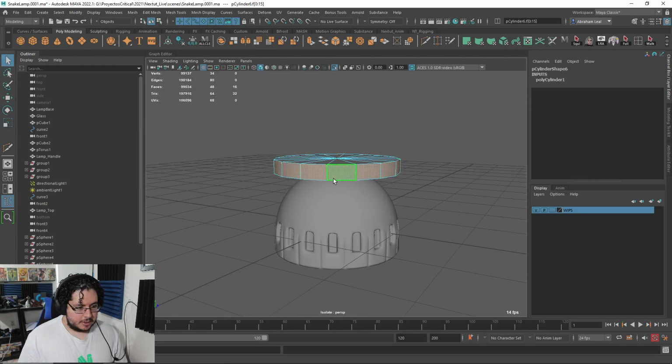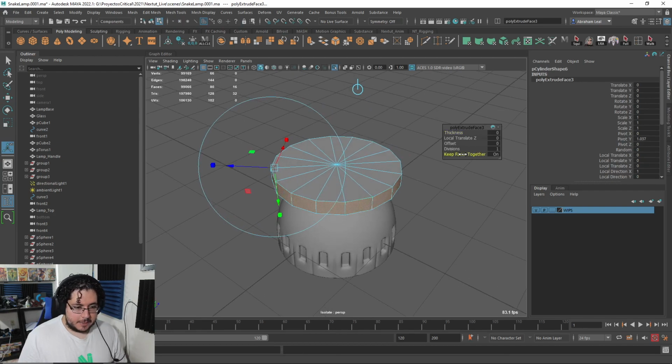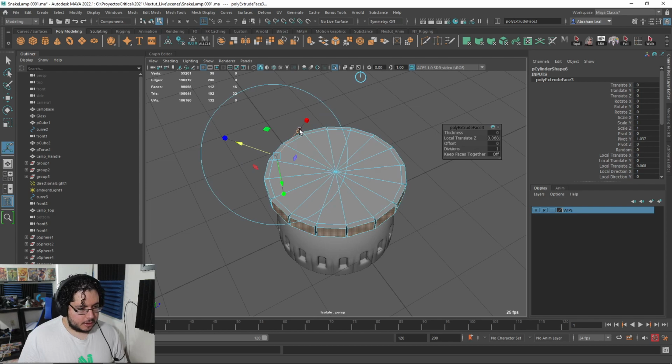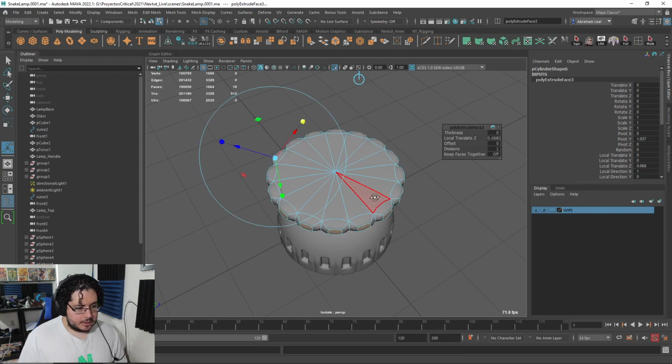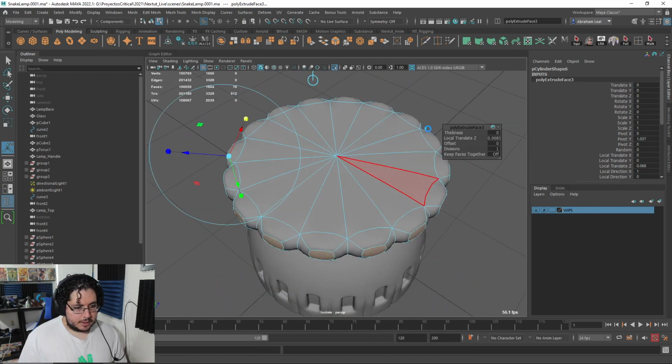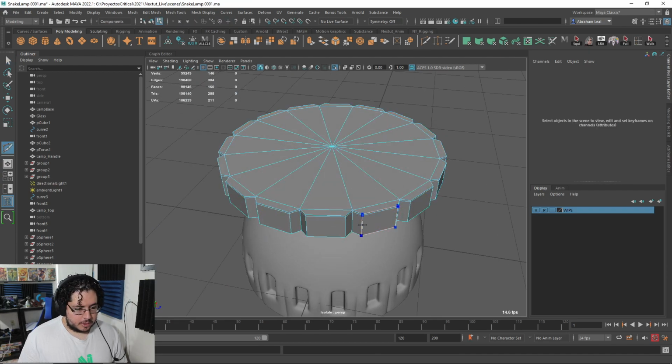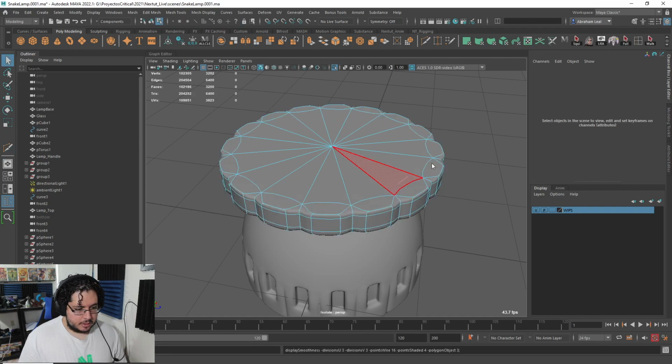And I'm going to select each face, Control E to extrude, keep faces together off, and just push it out and give it a little bit of offset on the x-axis like this. So when we press number 3, as you can see, we get that same effect. Now we only need to harden it a little bit with a couple of support edges there and there, and